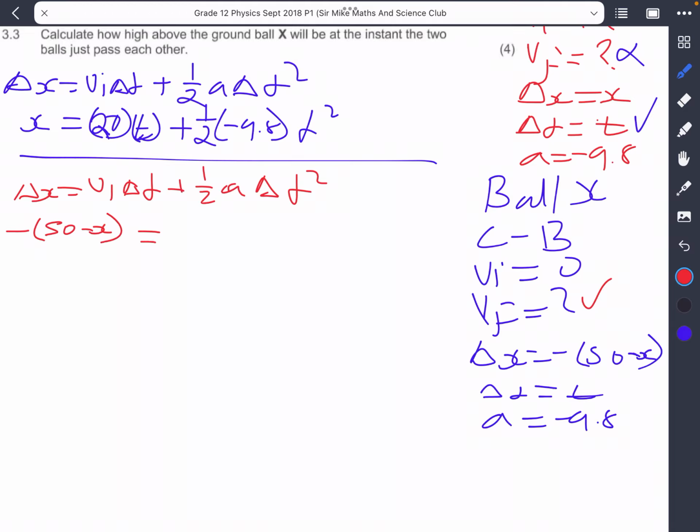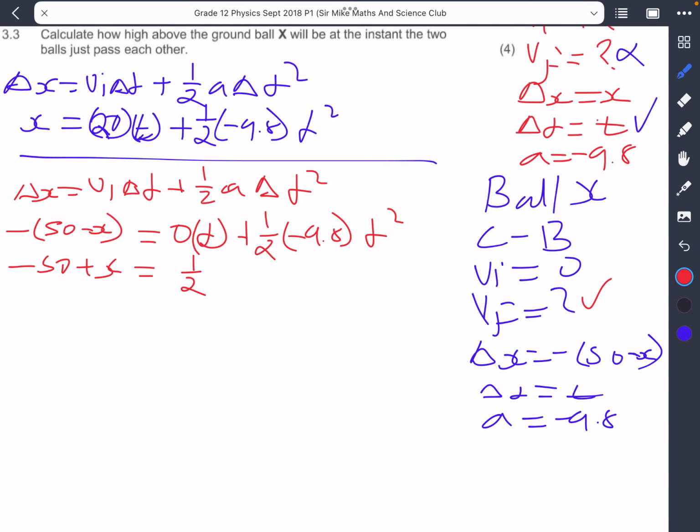Right, so this would be equal to vi, which is 0, since the initial velocity of that ball would be 0, multiplied by t, which was time, plus a half times negative 9.8 multiplied by t squared. So this is the equation that I get. Now I'm going to make x the subject of the formula, because I'm looking for time. If I distribute that negative, I would have negative 50 plus x being equal to